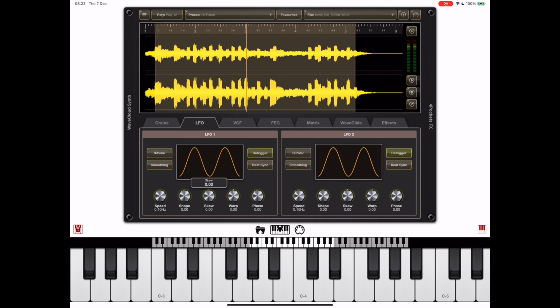We also have the ability to skew those waves, double tap to reset. We can warp the waves,